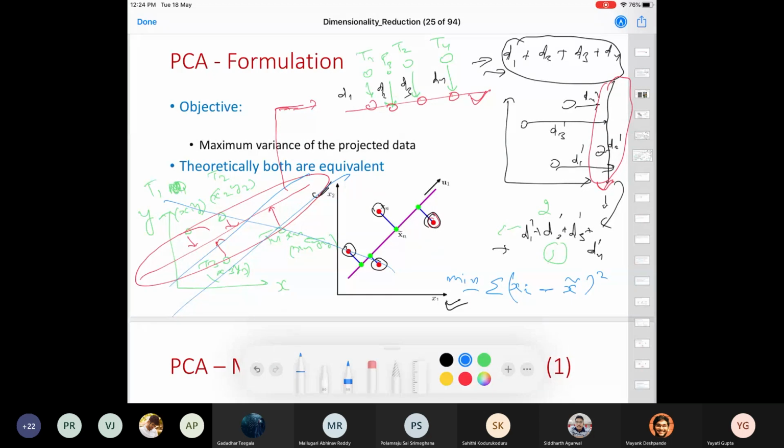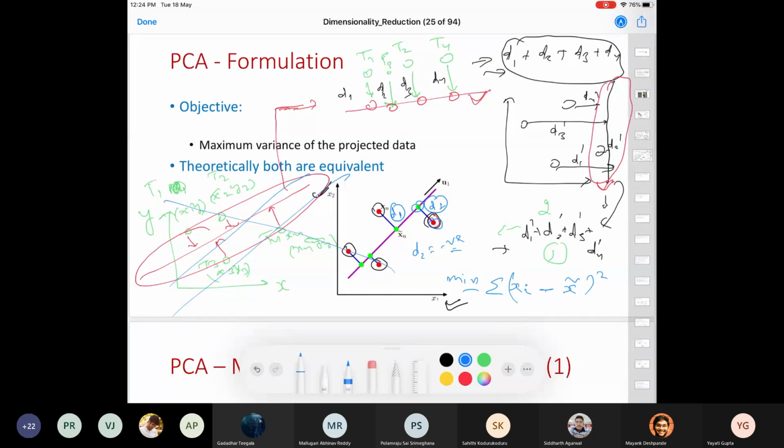If this distance is d1 on the upper side of this line, and this distance is d2, d2 is not negative. You can assume d2 is the Euclidean distance between this green point and this red point. We are not negating it in any way. Okay.